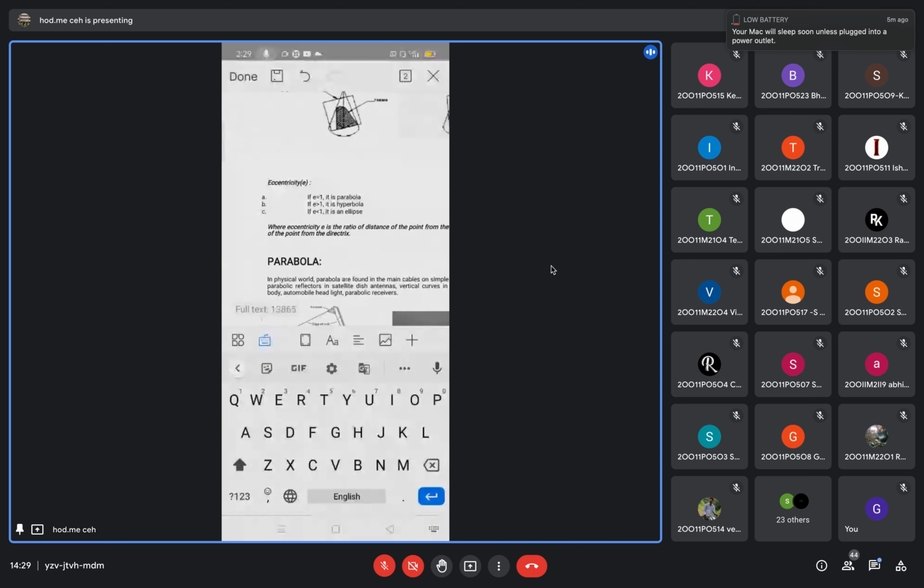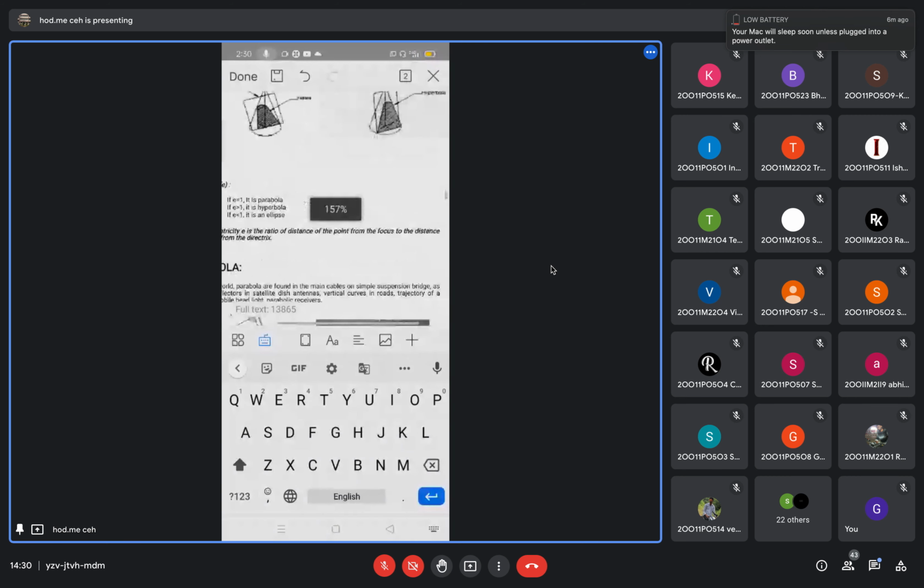There are many geometrical methods for construction of the conic sections; the following are the commonly used ones. All of you be clear about this topic, the conic section, before and after. In the next class we will draw the diagram. All of you write down the point.